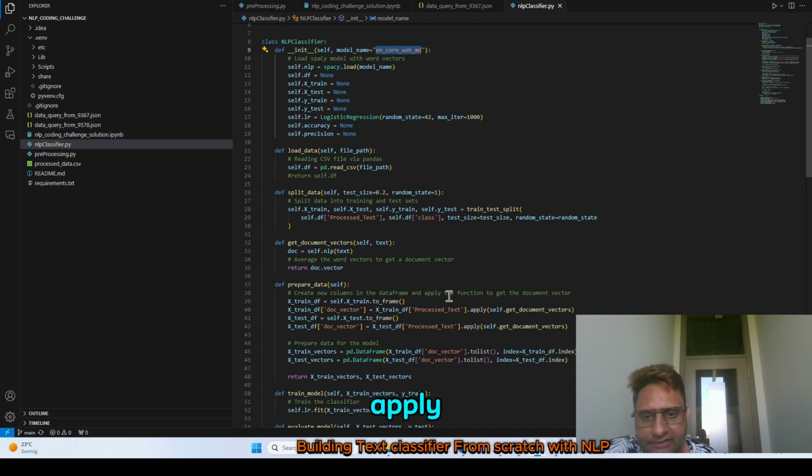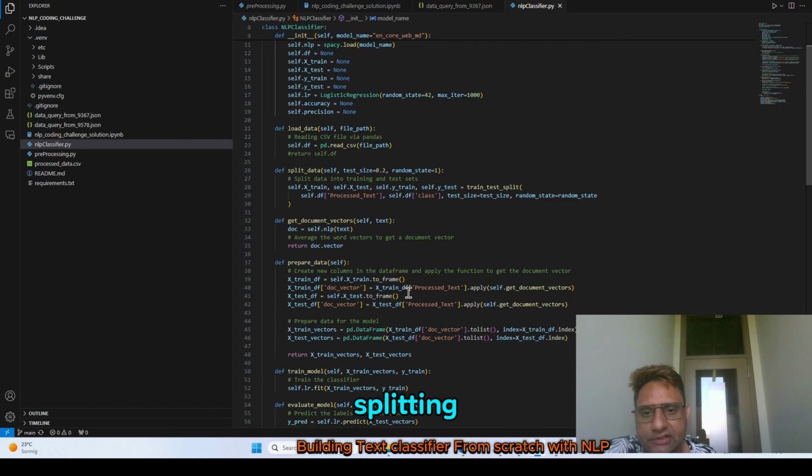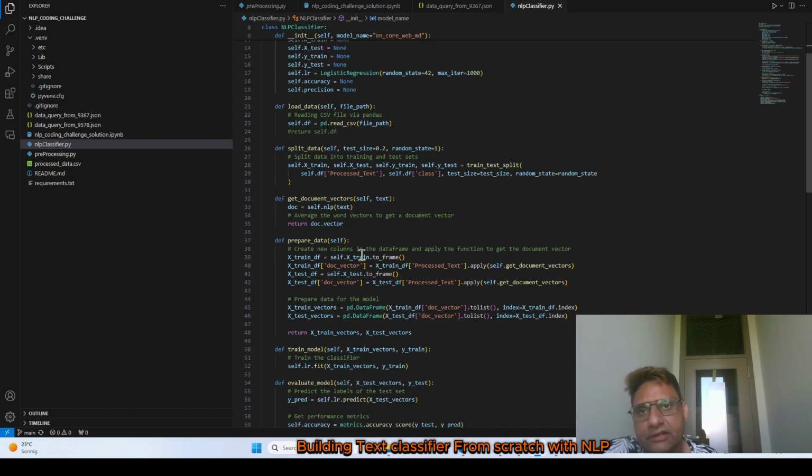We somehow need to apply this. So what we are doing here is that we are splitting the data, and then with the help of this NLP, we are aggregating the vector, which means that we are converting the vector. And now we will apply the weight on these vectors later on. And now prepare the